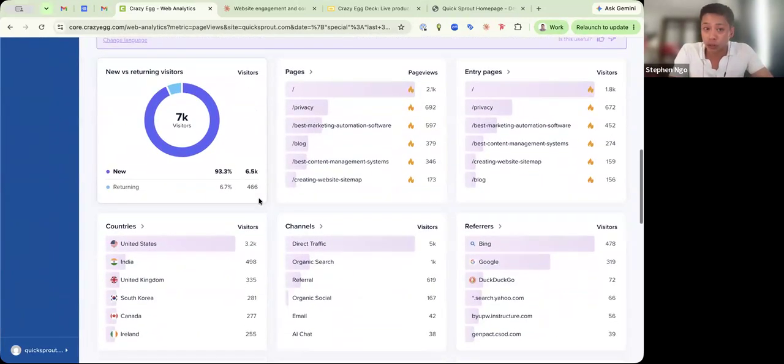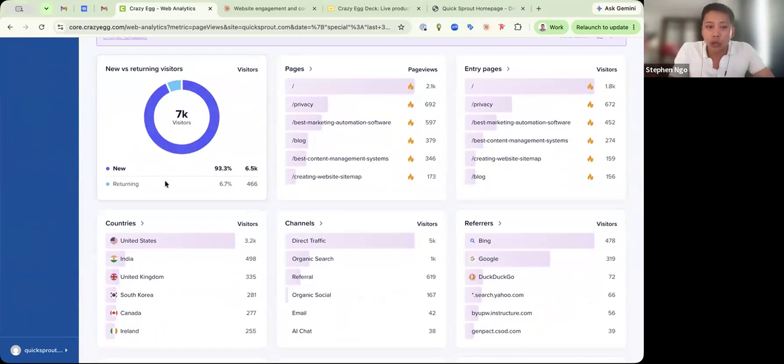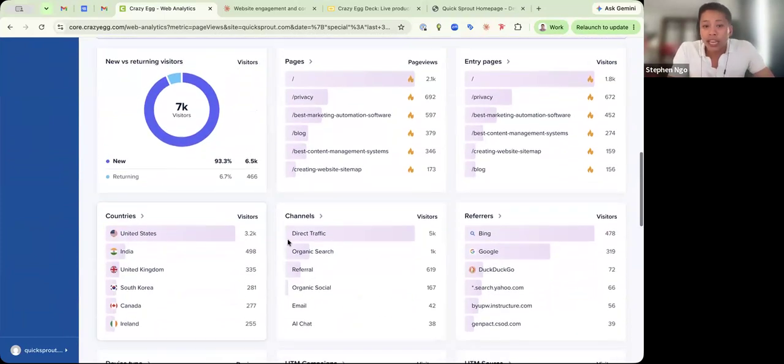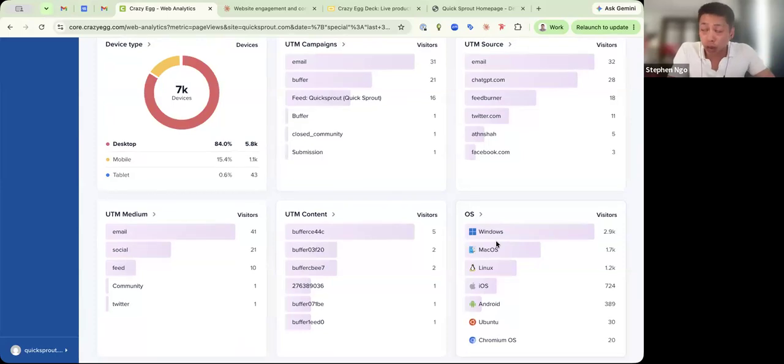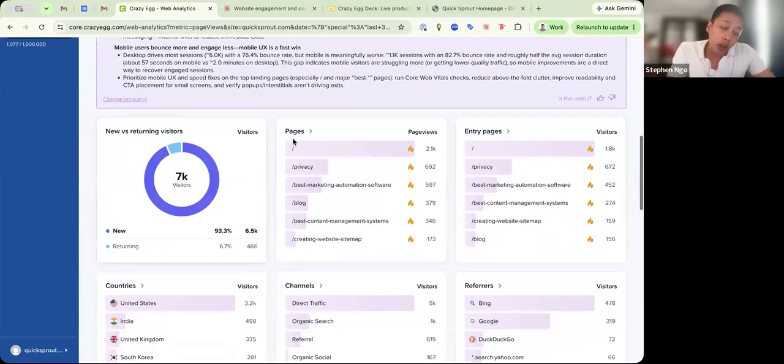Now, for any given amount of traffic, you're going to have a lot of variation within those visitors. You have new versus returning visitors. You have people coming from different countries. You have people coming from different channels, arriving on different pages, or even different landing pages. And for all of these, even for your UTM parameters for tracking URLs, you can not only see a high level summary of the most popular breakdowns for each of these segments, but if I jump into, say, most popular pages,